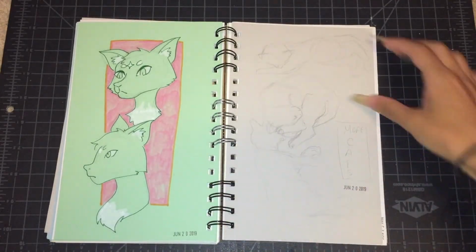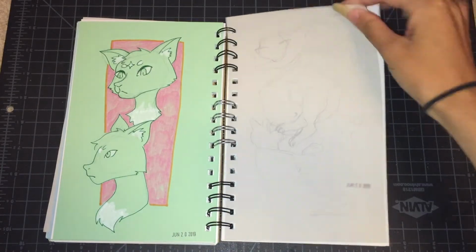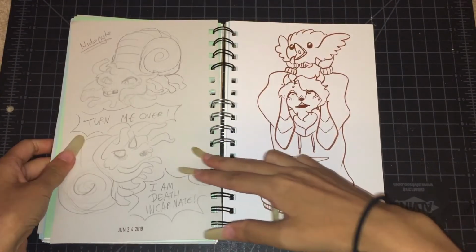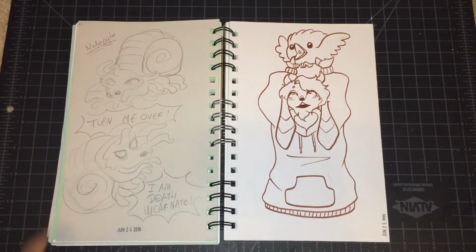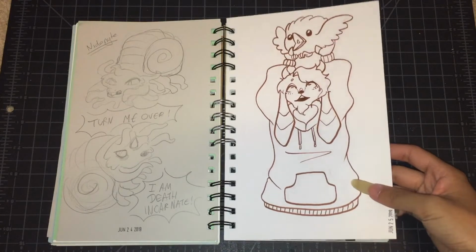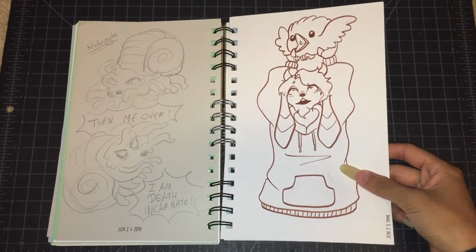More cats. More cats on this page as well. It's hard to see. This was from the Pokemon Fusion meme. I got a Nidoranite, so a Nidoran and an Omanite, and I thought it was a pretty cute Eldritch Rabbit shell thing. Then a drawing of my persona Whimsy with